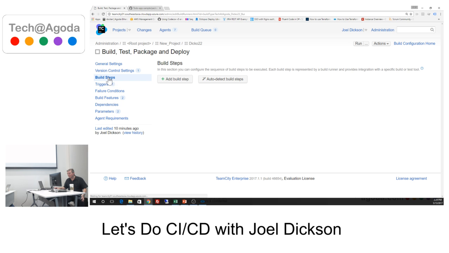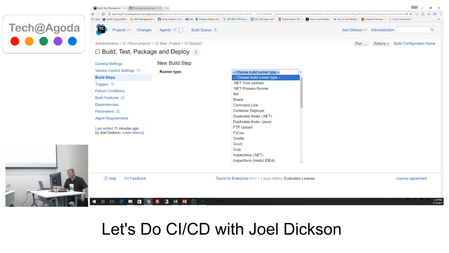So we're going to build steps. In build steps, these are the actual actions that the build will perform. These are going to be things like your package management, actually building your code, and if you've got other things like sending things to artifact repositories and so on. So we're going to add in a build step here. So the runner types,